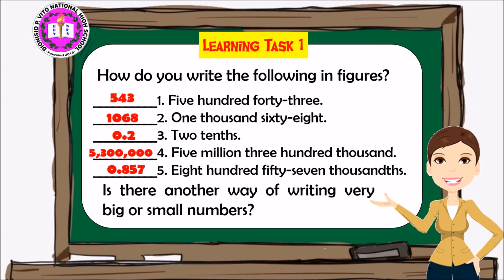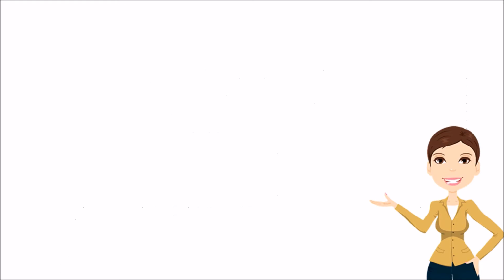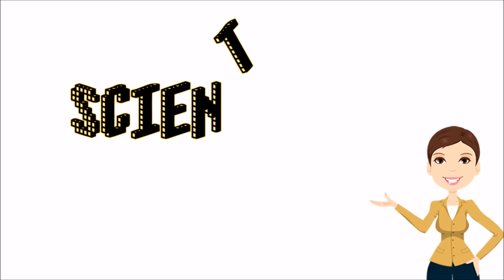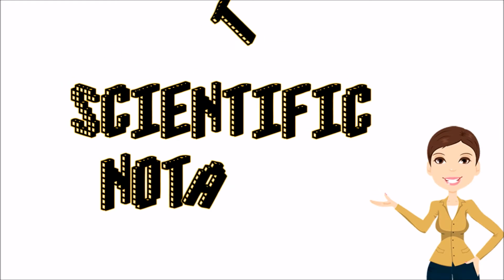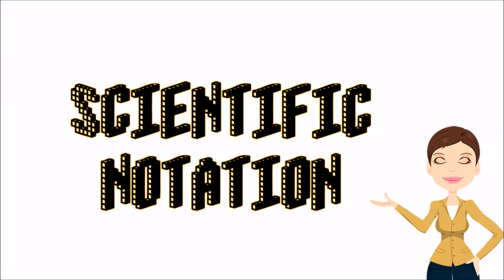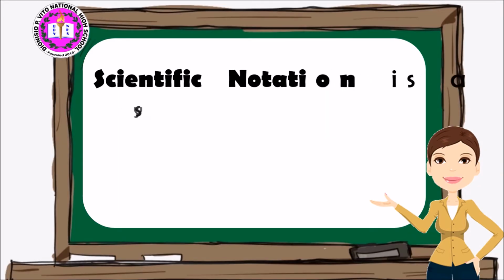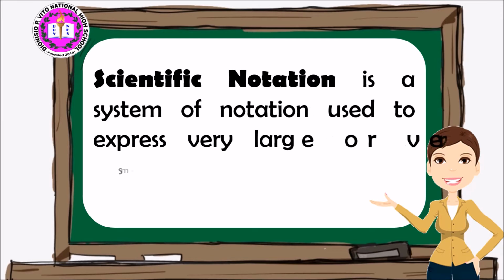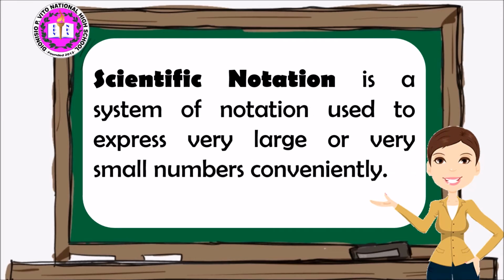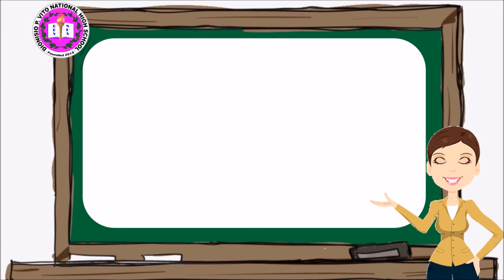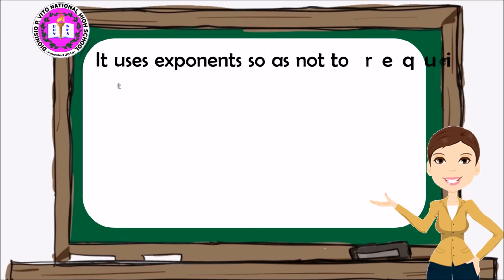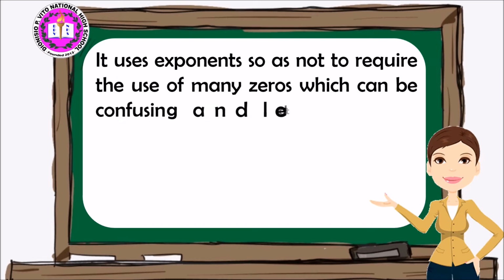Is there another way of writing very big or small numbers? So now, let's have the scientific notation. When we say scientific notation, it is a system of notation used to express very large or very small numbers conveniently. It uses exponents so as not to require the use of many zeros, which can be confusing and lead